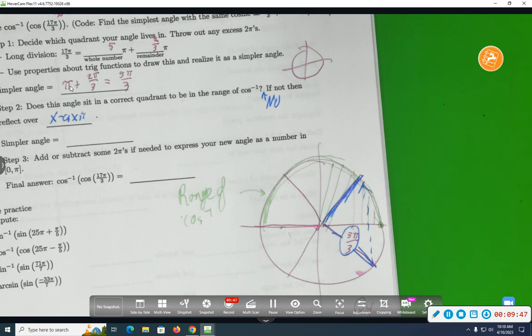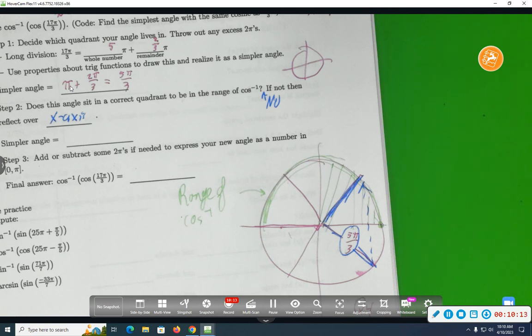Yeah. But you usually don't measure angles starting at the negative x-axis. How would you describe this? Pi minus the angle. That's not relevant to this problem, but it's a thing that you need to remember when you need to reflect